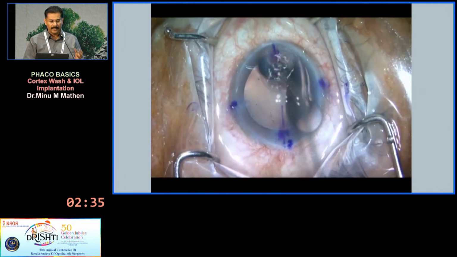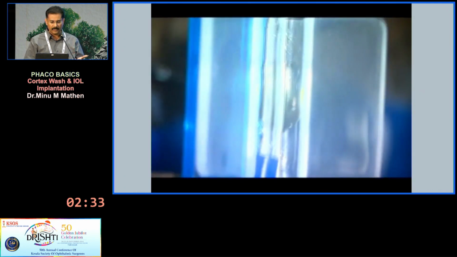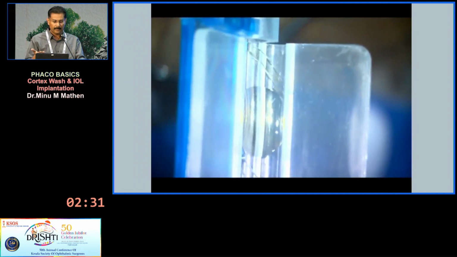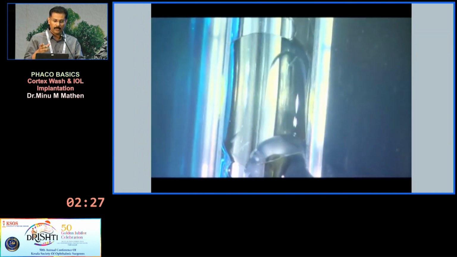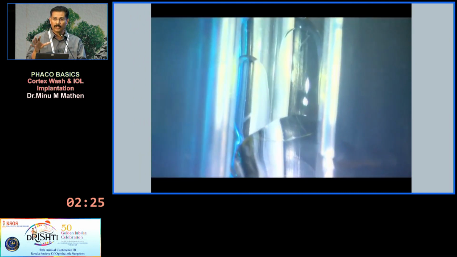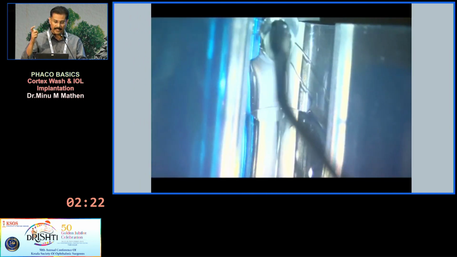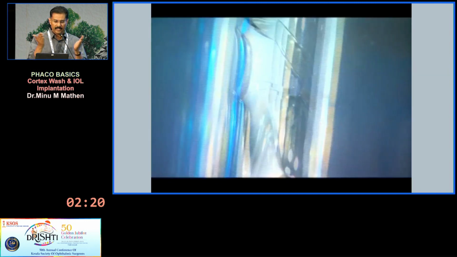And lastly, these are butterfly cartridges which are commonly available, and some are preloaded. This is partially preloaded. The lens is already in there. You need to put viscoelastic. Some of them are fully closed. So you just have to push in visco from one side